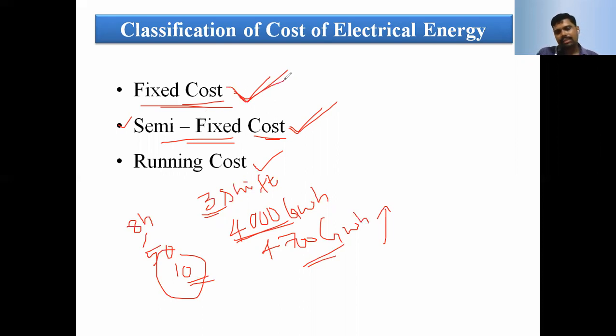In fixed cost, the transmission line erection and distribution line erection all come under the fixed cost. And running cost is dependent on the power generation and on the number of units generated. Running cost means suddenly the load is increased. Suppose at present the load is only 420 megawatt, but the peak load is 450 or 480 megawatt. Daily on an average we are getting only 420 megawatt. Suddenly, from 420 to 450 megawatt, the fuel consumption is increased. That is considered for the running cost.